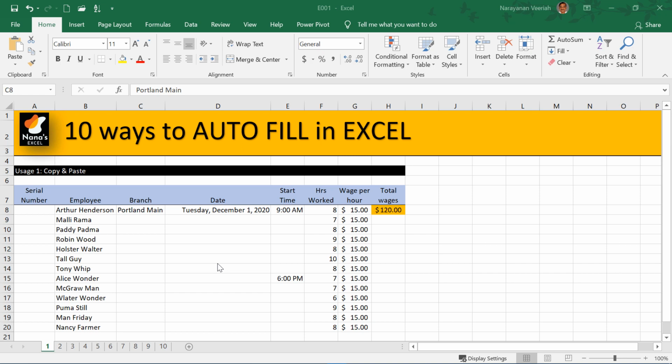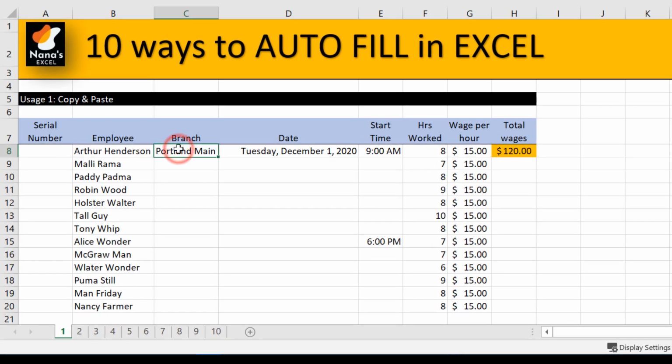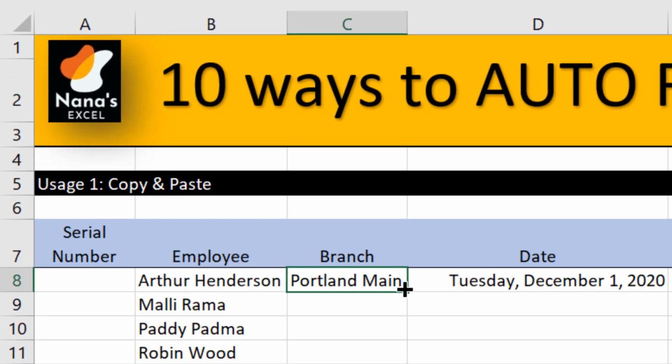Before we get into different ways to autofill in Excel, let us understand how to accomplish autofill. Click on a cell and then hover your pointer to the right bottom corner of the cell. The cell cursor changes to a solid black cross that is known as the fill handle.